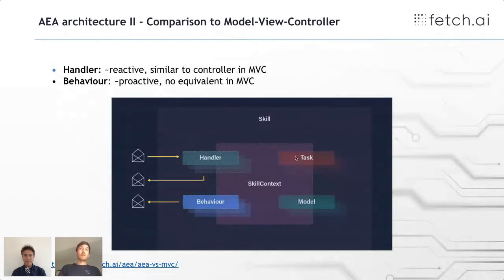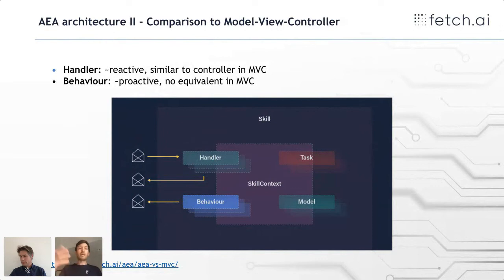You've then got tasks, like in web frameworks, where we allow you to spawn background tasks, etc. We have the model, again very similar to the MVC, where we have data representations and business logic implementations. And then the key thing which differentiates us here is the behavior. So in a normal web app, the web app itself wouldn't have any objective. The business who owns it will have it, but the web app won't usually go and do stuff.